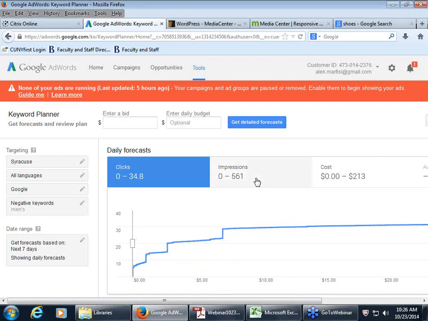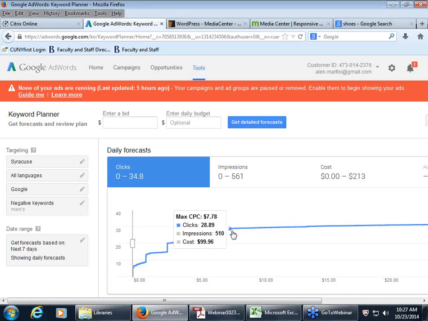Remember, we're bidding on how much we're willing to pay for someone to actually click on our ad on the Google search page, and that determines the rank on the page. So obviously, the less you bid, the fewer clicks you'll get on your ad. But you'll notice here that at a certain point, it doesn't matter how high you bid.